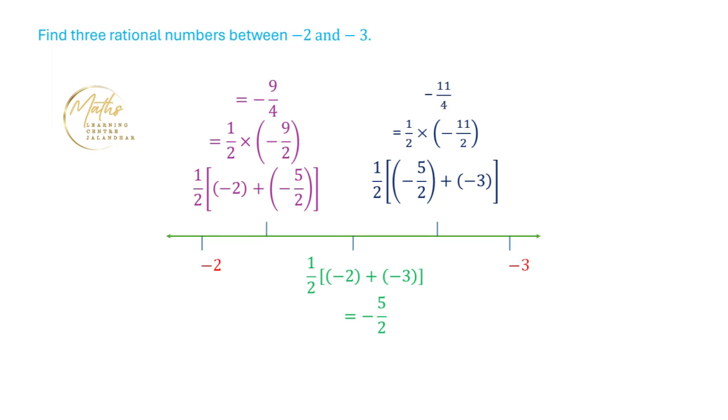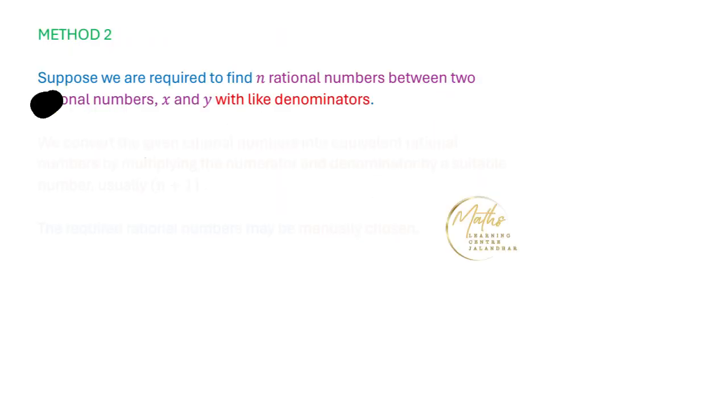So we have to find three rational numbers. One number we have calculated is -5 by 2. Second is -9 by 4. And third we have is -11 by 4. So these three numbers lie between -2 and -3. So likewise we can calculate infinitely many numbers that lie between these two numbers. Now the second method we have is,